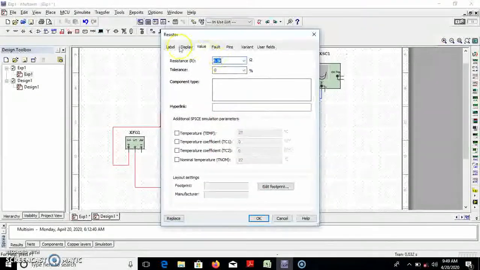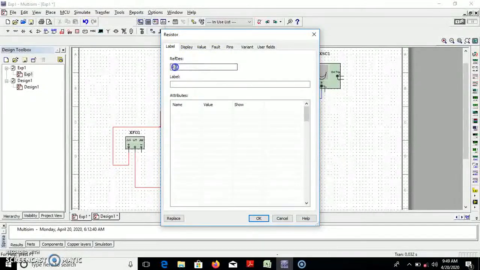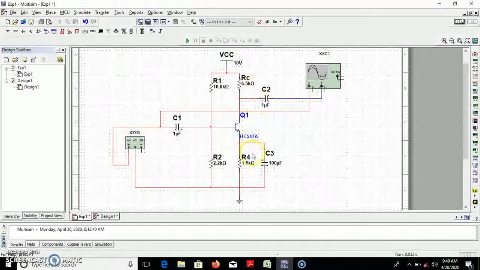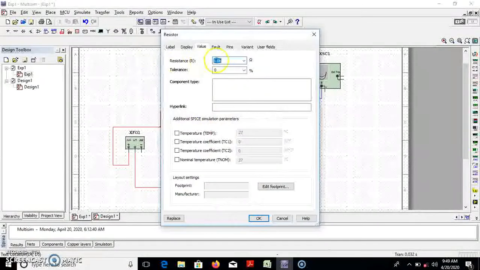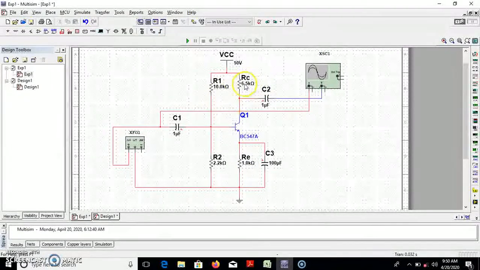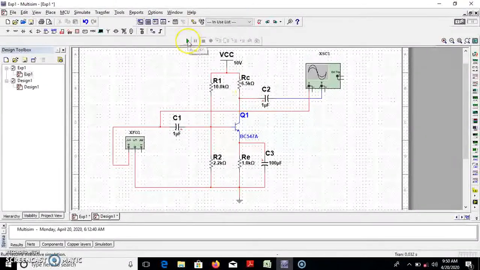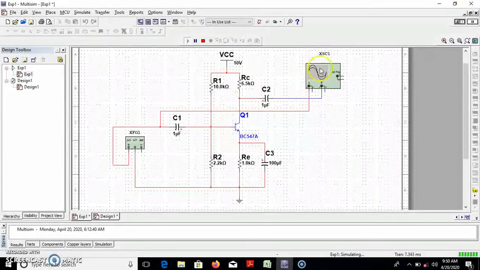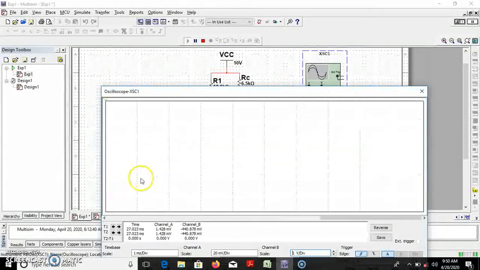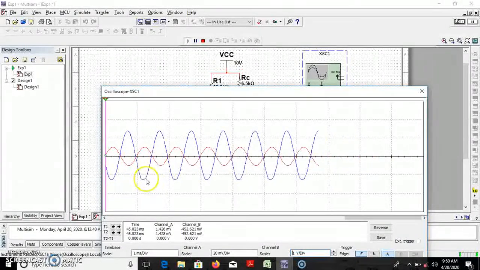Let me change the label of this to RC so every time I don't need to repeat this. Set the value of RC to 6.5 kilo ohm, from which we can find that clipping is somewhat going to start.